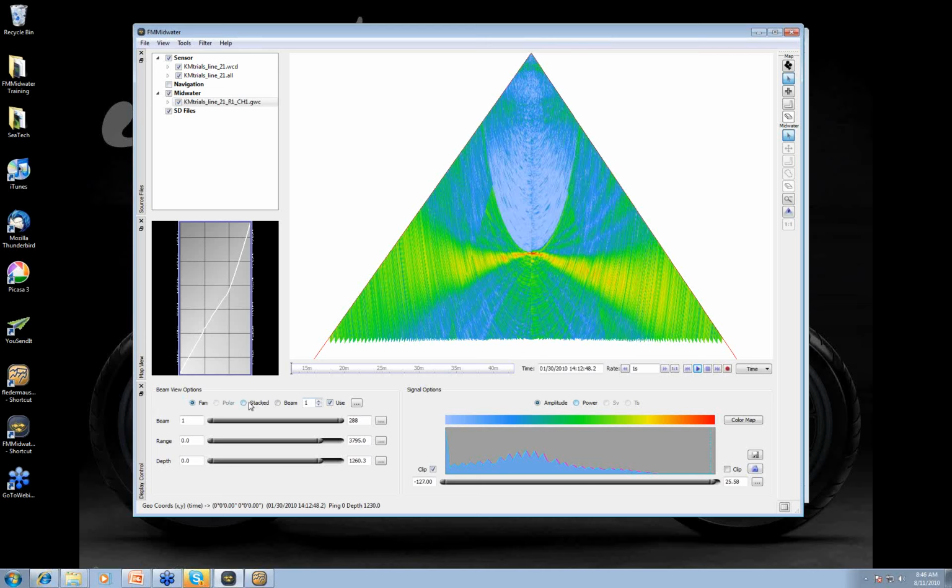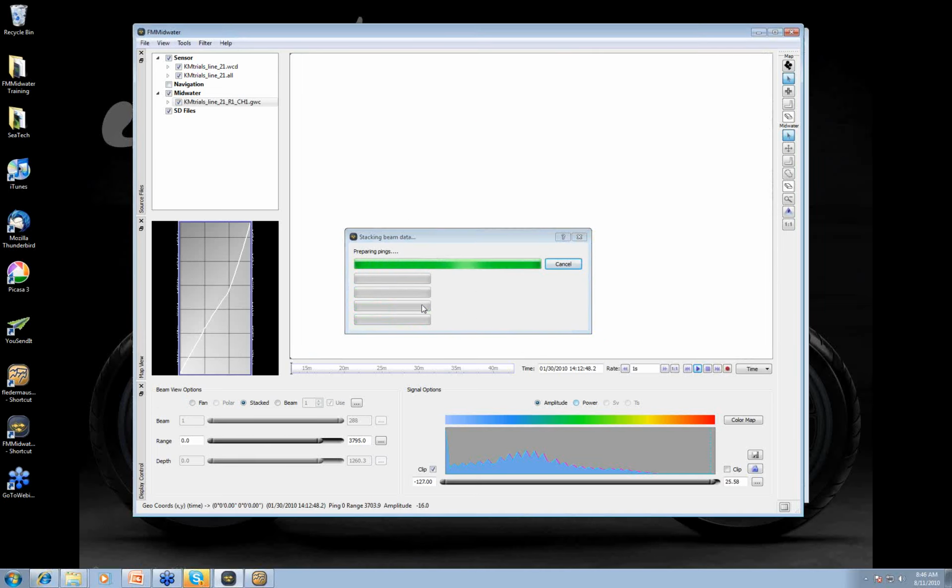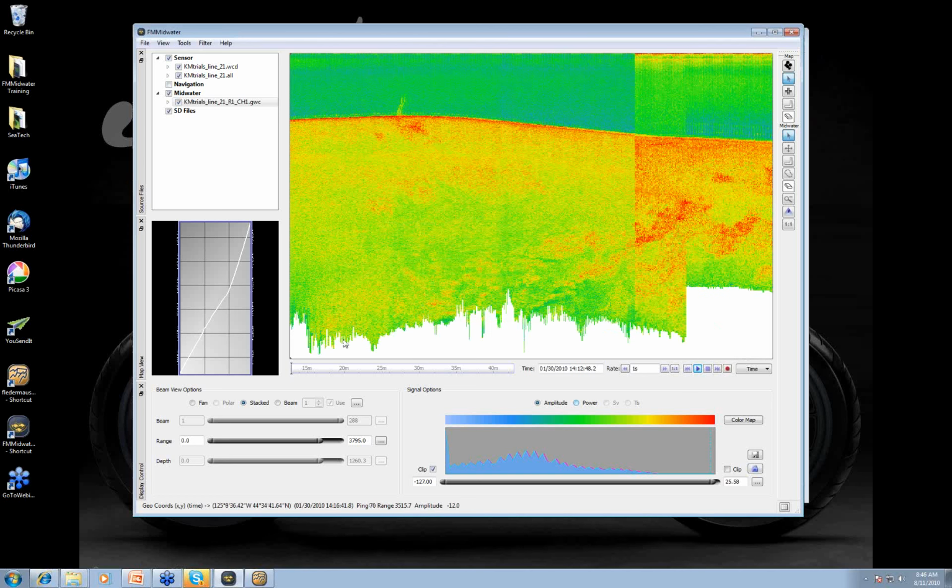The stack is powerful, and you can typically see right away where your object is, and obviously it's right there. There's our plume. But one of the interesting things with this data is that the plume occurs in a very narrow band of beams, so there's a lot of additional noise that I really don't want to have to deal